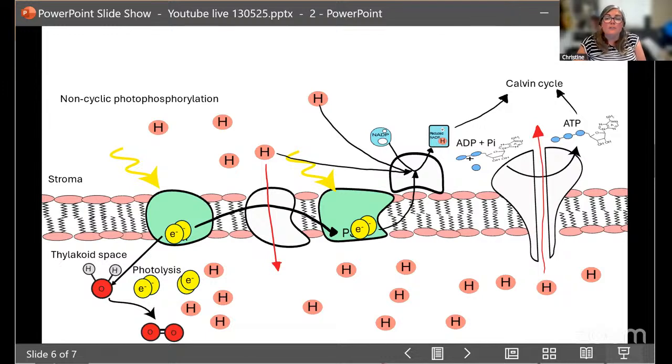With regards to oxidative phosphorylation, that is when you're talking about the cristae and the mitochondrial process of aerobic respiration. So in oxidative phosphorylation, oxygen is the last electron acceptor, whereas in this case, the last electron acceptor in non-cyclic photophosphorylation is actually the NADP. So that's the last electron acceptor, and that's going to go off to the Calvin cycle, and it's going to then drop them off at the Calvin cycle so that they can then be used to reduce the GP into TP.